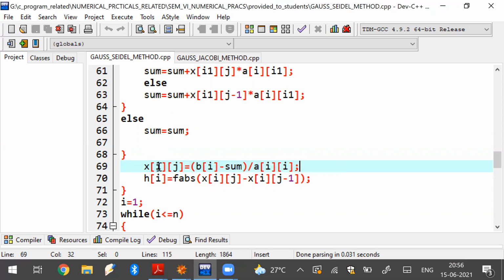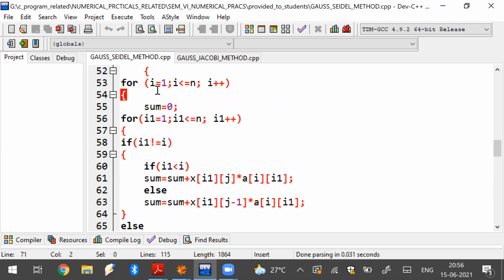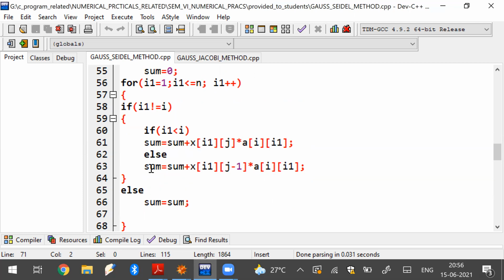Once you do that, as it is an iteration method, I have to compare it with the previous step. So for that comparison, I need an extra variable. That is where hi is playing the role. This array is taking care of that comparison part. So what I am doing here, I am calculating the absolute of xij minus xij minus 1, for any of the variables. Once I do this, this part ends here. Which part ends here? The whole system of variables is calculated at the j step. The whole calculation is ending here.